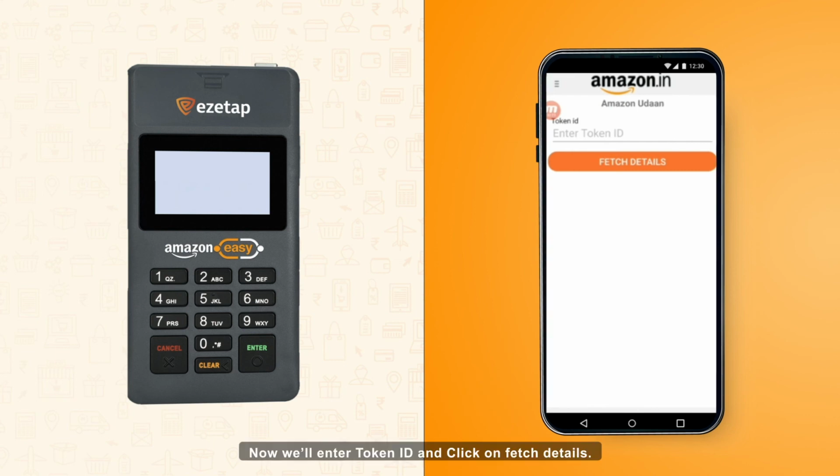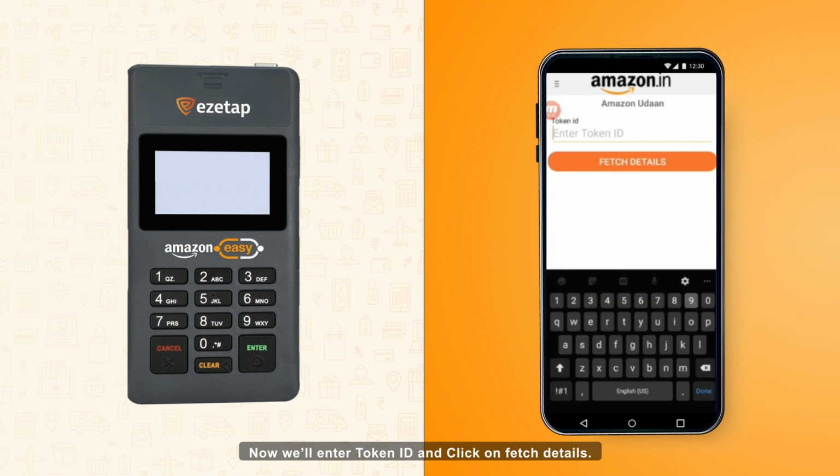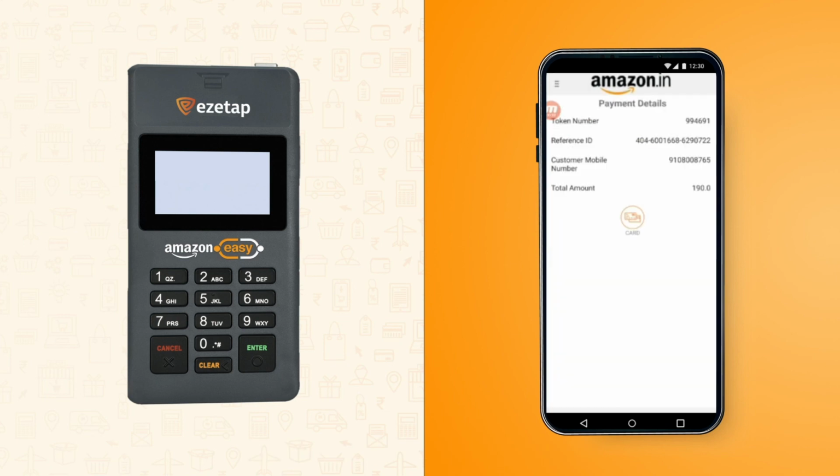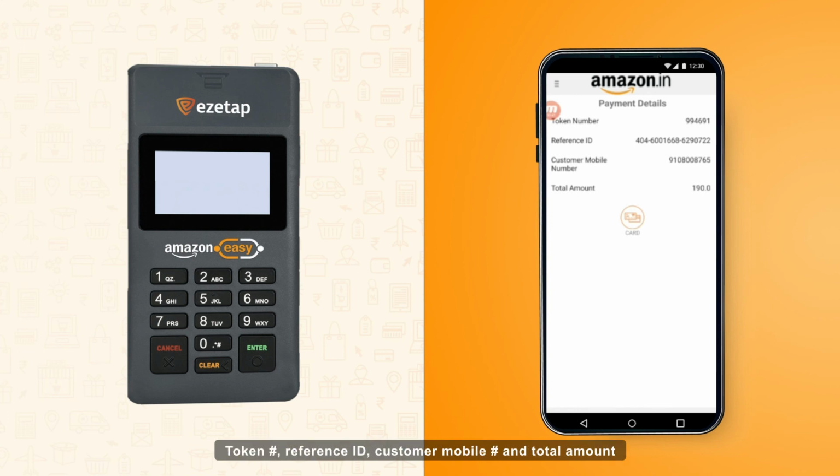Now we'll enter token ID. And click on fetch details. Now you could see payment details are displayed, token number, reference ID, customer mobile number and total amount.